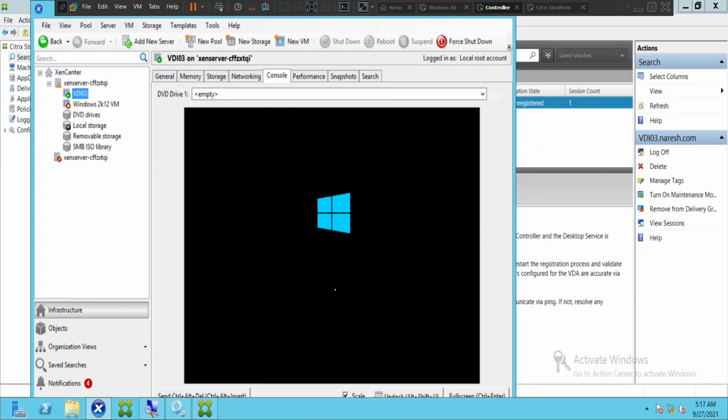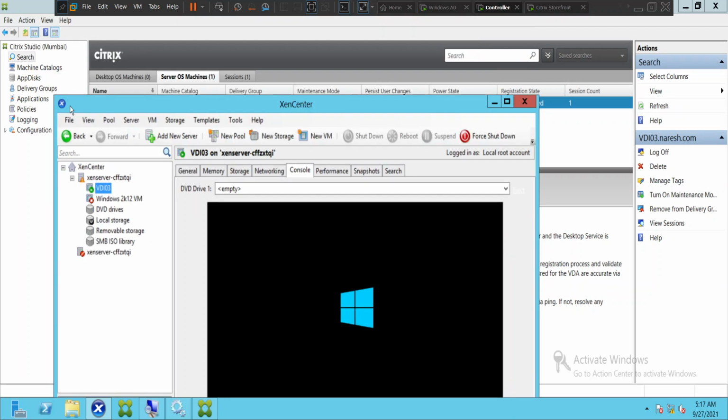So it is always good to check whenever the machine is in unregistered state. We can start from the basic troubleshooting steps. First of all, you can go to the VDI machine and see what the status of that VDI machine is. Is it powered on or powered off, or is it in hung state? Sometimes even though the machine is on, it goes to the hung state, and then the machine would show unregistered.